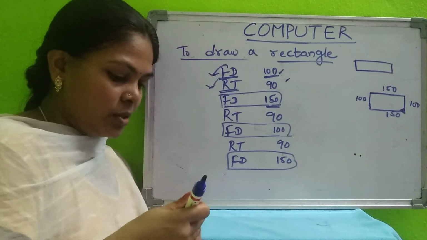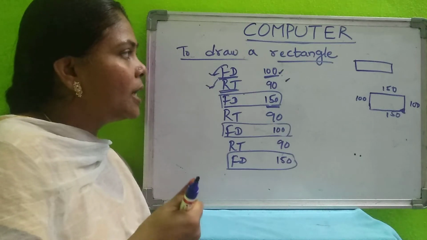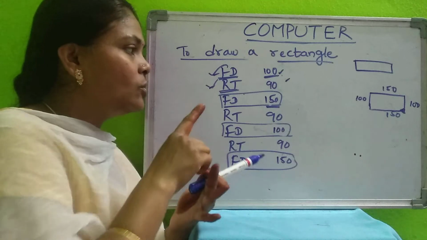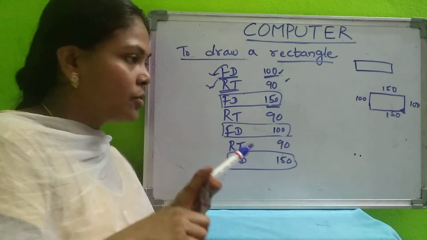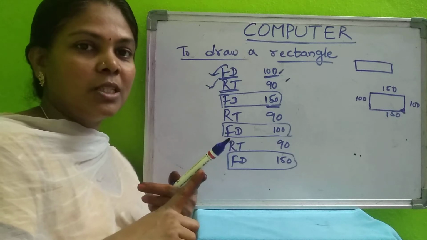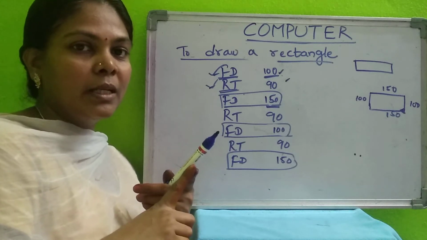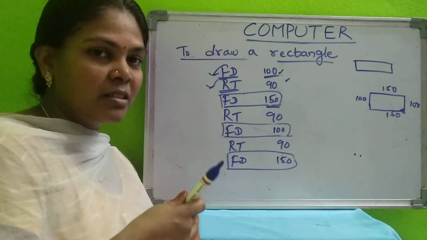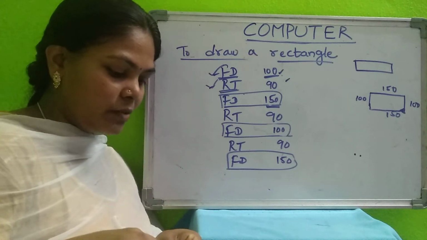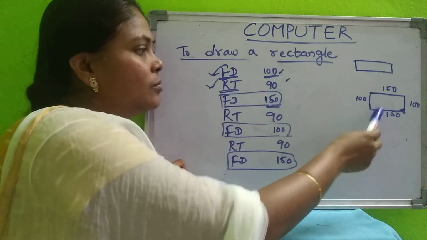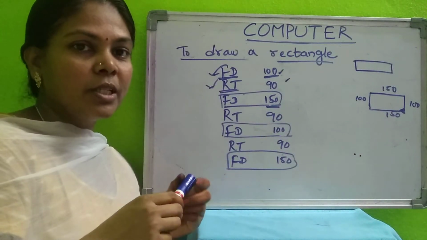Okay, so I will show you all this in the system: the components, how to save it, how to draw a rectangle and a square, what the components are. All of those I will explain to you in the system, so that you can remember better. Okay, so practice how to draw a square and a rectangle, at least writing the commands and seeing the output. Okay children.